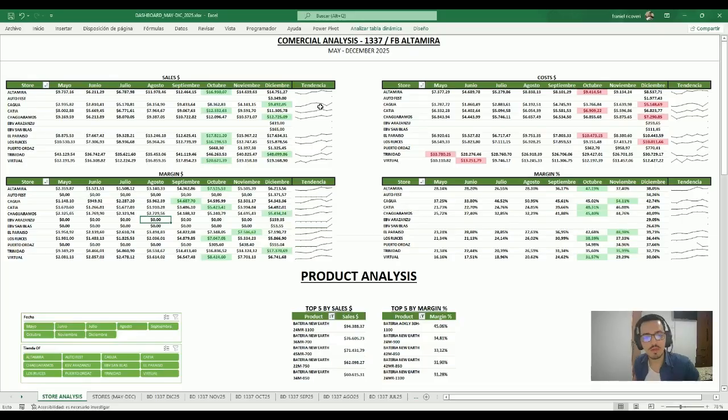during the period of analysis, and determine if it is profitable, still interesting to have in operation, or needs to shut down. Finally, you can see the product analysis for